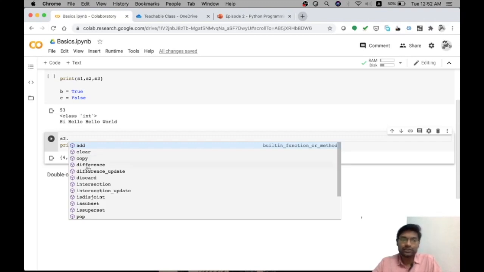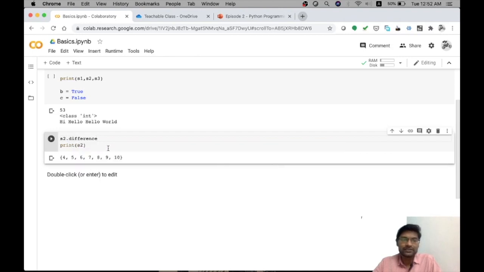So the next important thing we need to understand is difference. I will call s2.difference(s1). It is something like subtracting the values of s1 from s2. When I call this inside a print statement, this does not update s2, and hence I am putting it inside a print statement.